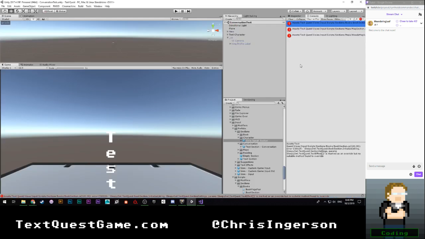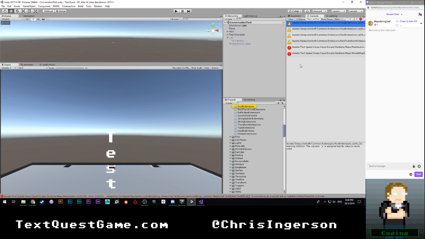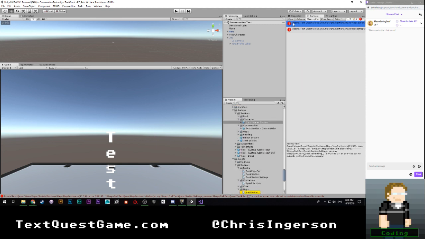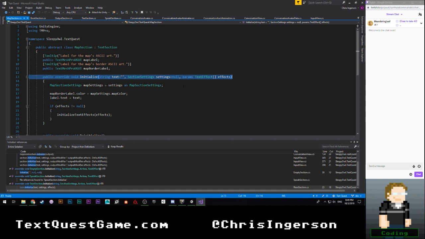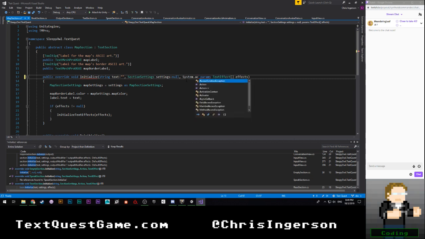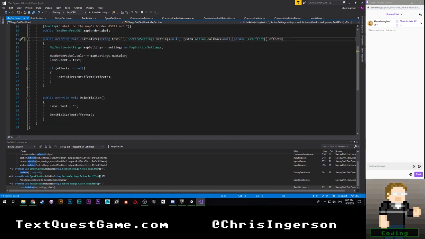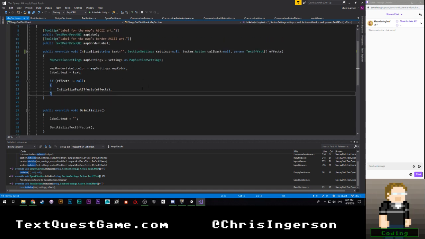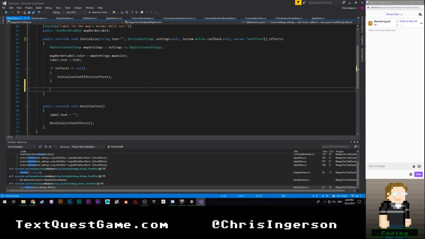So we're going to let that compile. That way I don't constantly have to keep typing animation.animation. I'll just be able to pass in the selector itself and know that my system can intelligently take care of that. This is for our map section. So this is going to be another System.Action callback is equal to null. We're going to come back down to here, and then again, honestly, if callback is not equal to null, callback.Invoke.